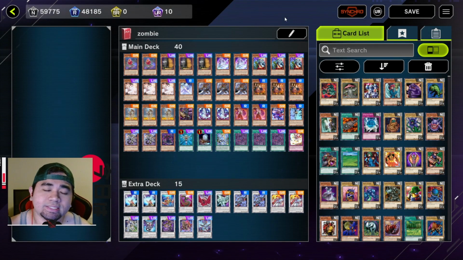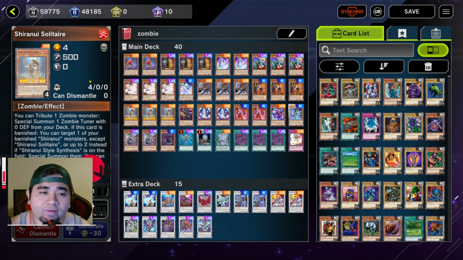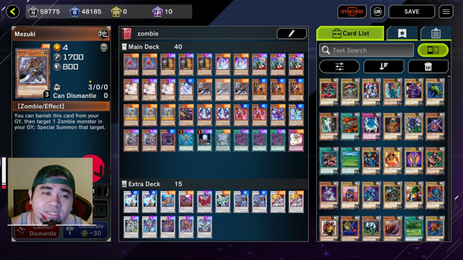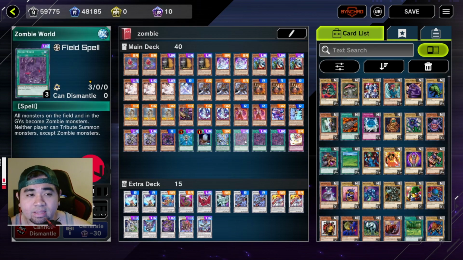So this is the Zombie Chernoy deck that you can use, easy enough to actually use. If ever you have Solitaire in the field, you can tribute this to Special Summon Unizombie, and once Unizombie is on the field, you can just basically drop everything to the graveyard just to prompt its effect. Mizuki summons any zombie monster from your graveyard. If ever you send Necroworld Banshee also from the effect of Unizombie, you can get a hold of 1 copy